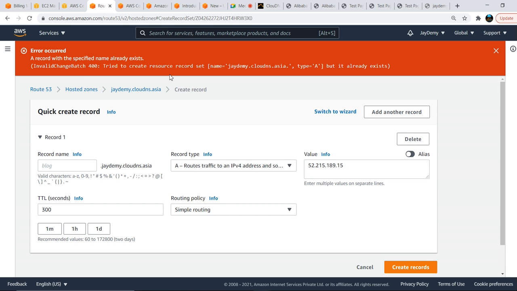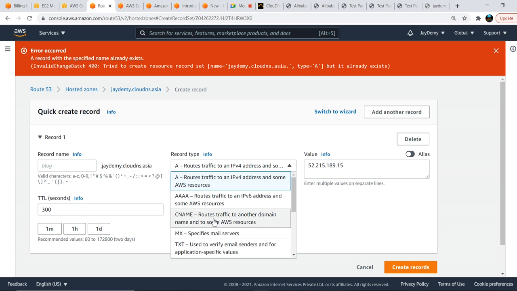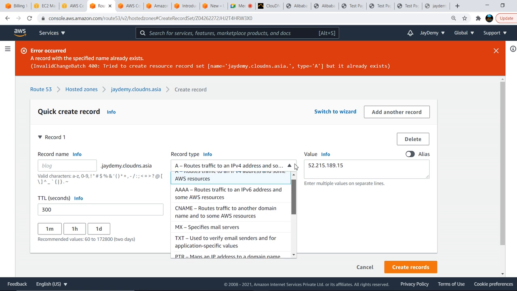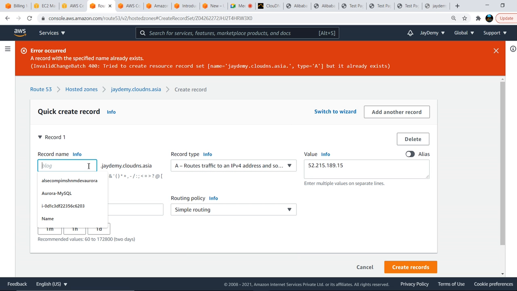A record with the specified name already exists. Type A, but it already exists. So I'll use www.jdmi.clouddns.asia, and it needs to point to this one.